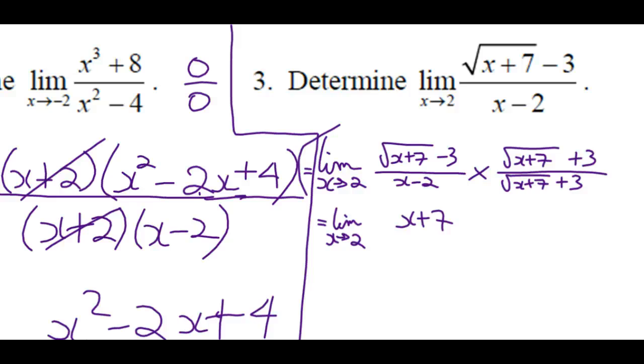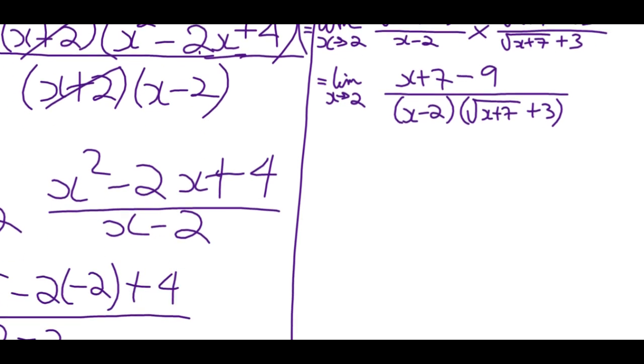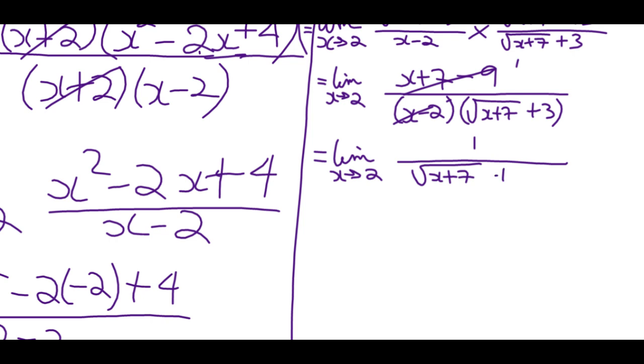So it's x plus 7 minus 9 over x minus 2 and the root of x plus 7 plus 3. What's x plus 7 minus 9? X minus 2. So this is going to cancel with this, right? Leaving a 1. So it's the limit as x approaches 2 of 1 over the root of x plus 7